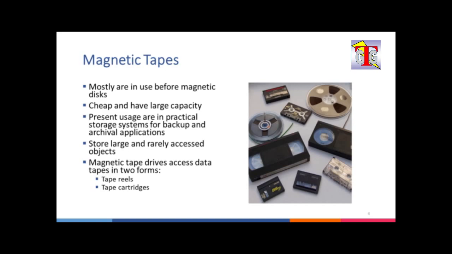Multimedia objects are large in size, and some objects are mainly stored for backup purposes. These objects are rarely accessed. Thus, the large capacity of magnetic tapes helps to store multimedia objects cheaply. In addition, a multimedia stream accesses a data object sequentially. When a multimedia object is sequentially accessed, the tape storage format allows the storage system to deliver data at high throughput. Thus, magnetic tapes have been investigated to store multimedia objects. Many magnetic tape drives access data tapes in two forms. They include the tape reels and the tape cartridges.